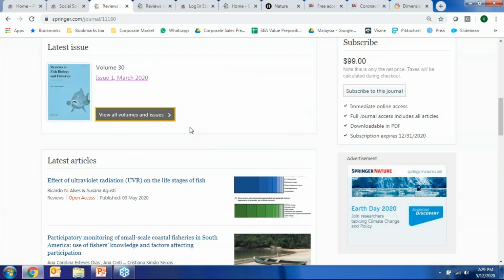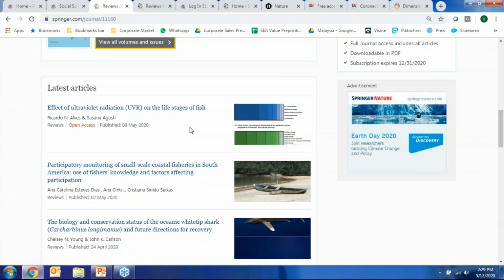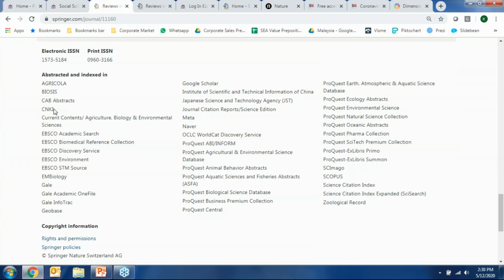If you scroll again a little bit more to the bottom, you can see further information about its ISSN and also whether or not it's indexed. I think for Malaysia, what's very important is whether or not it's indexed in Scopus or ISI. So for this one, you can see it is in both, perhaps something very useful for some of us who are utilizing some of this indexation to ensure that this journal, for example, is either in Q1 or Q2 in its subject category hierarchy.